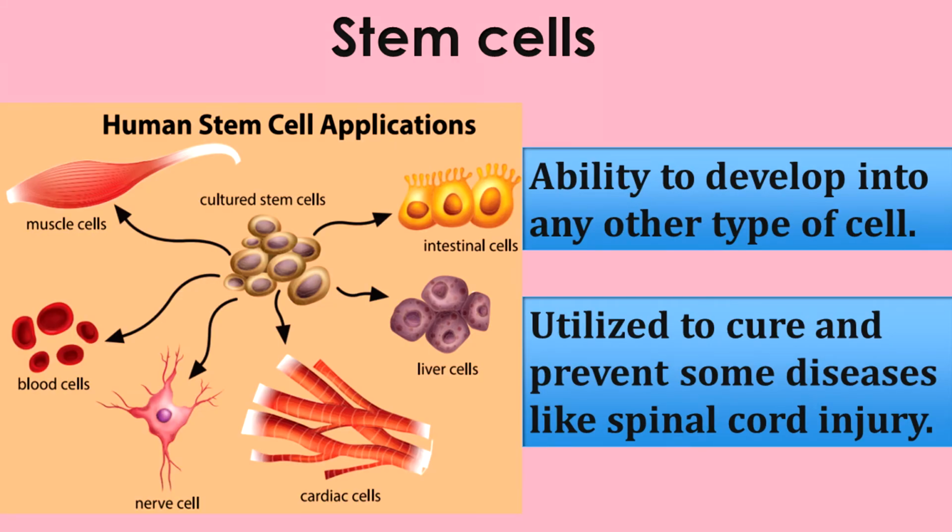All the cells can divide up to a certain limit. After that, they are differentiated for a specific function. But these stem cells are quite amazing as they can divide and multiply, while at the same time having the ability to develop into any type of cell. Embryonic stem cells are very special as they can become absolutely any type of cell in the body. For example, blood cell, nerve cell, muscle cell or gland cell. So, they are utilized by scientists and medicos. Medicos means doctors, to cure and prevent some diseases like spinal cord injury.